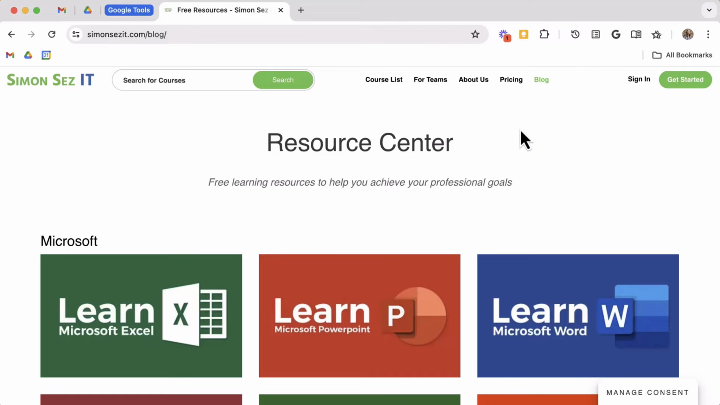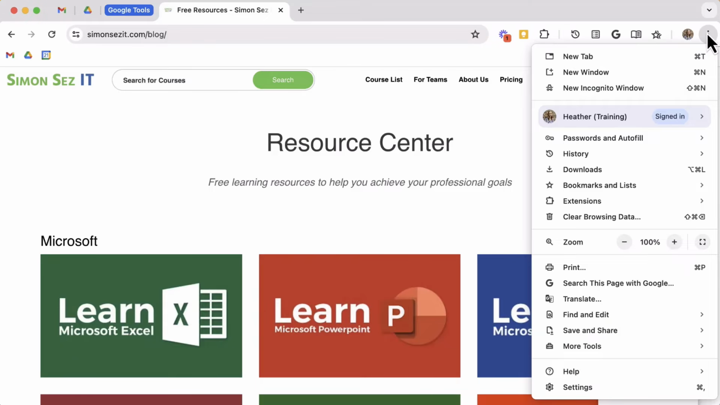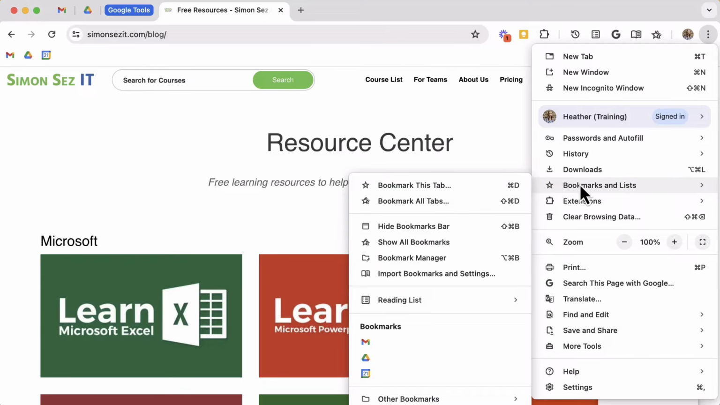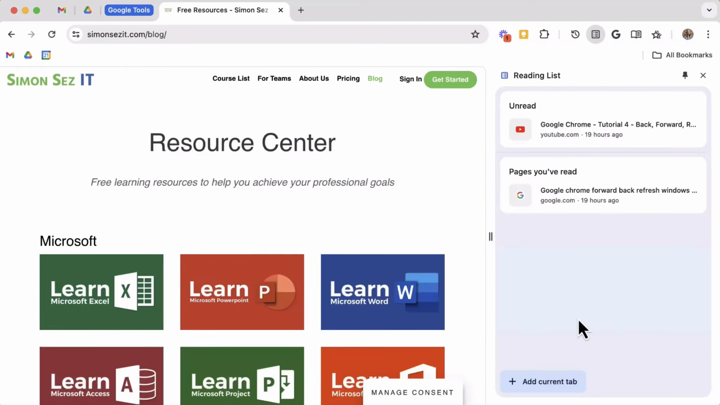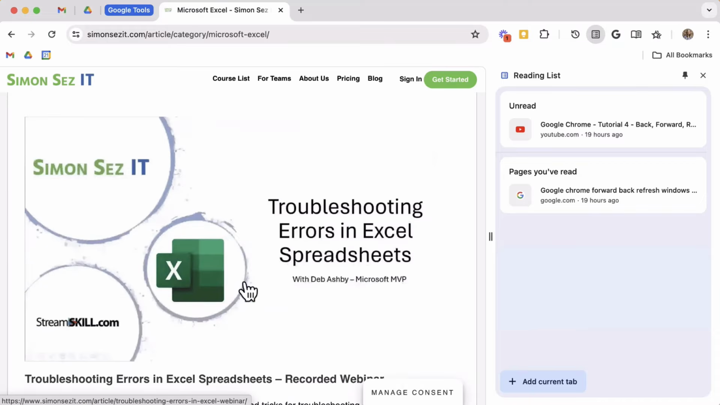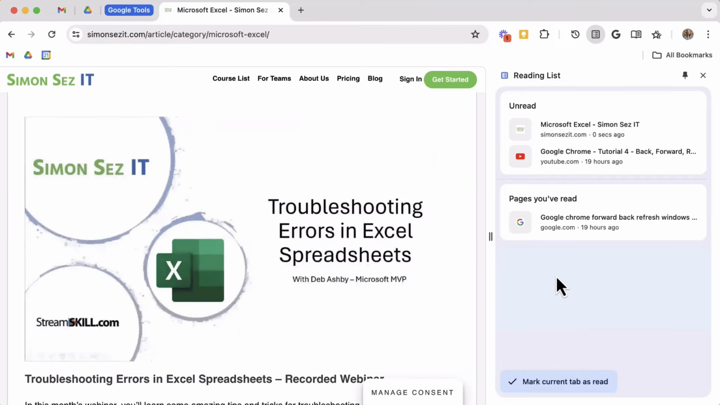You can click the 3 dots in the top right corner, go down to Bookmarks and Lists, and then select Reading List. And then you can select Show Reading List. Think of your reading list as an actionable to-do list of bookmarks. This allows you to add tabs, specifically things that you need to review or read, and as you click the